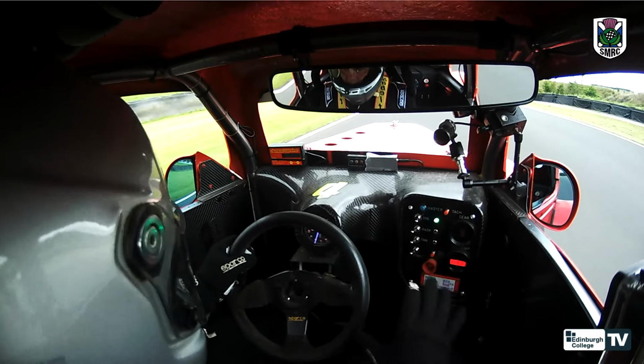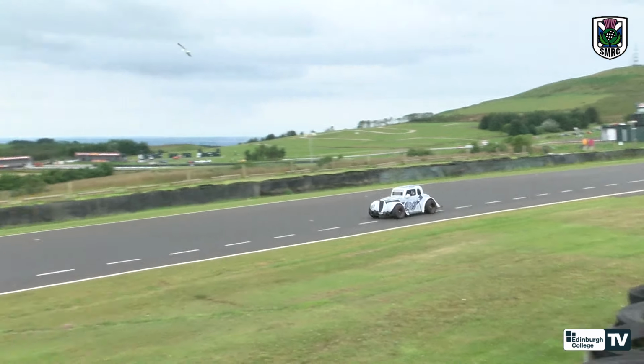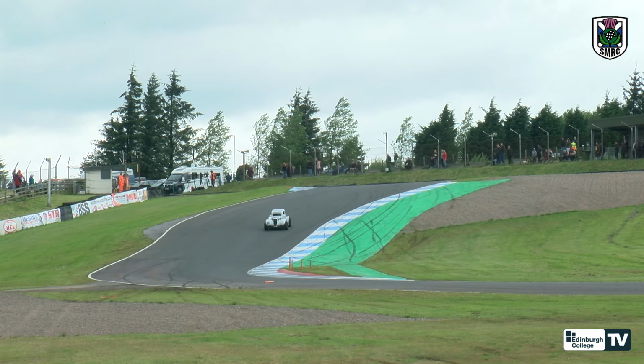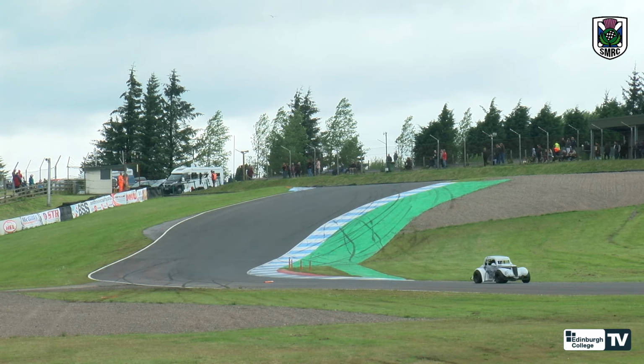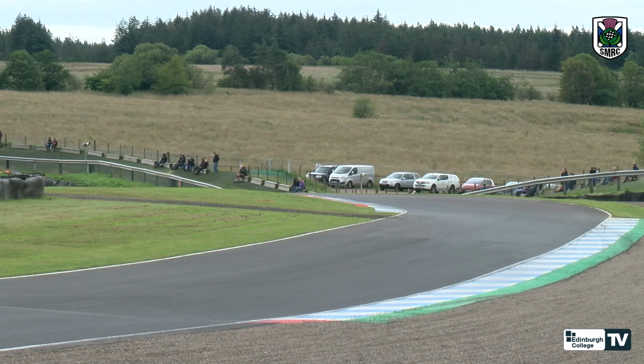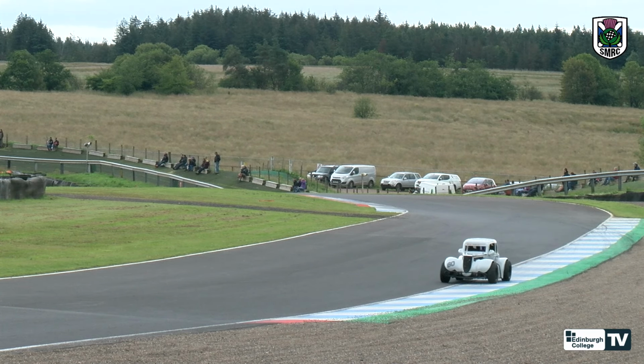Hunter in that fine second place as we went on board with Colin McNeil. David Newell scaring the seagulls away as he goes in towards Duffy's Dip. And through the bottom of the hill he goes as Paxton, Critchlow and Clark cross the line. It looks like Paxton's now got a little bit of a gap, a little bit of breathing space over Critchlow